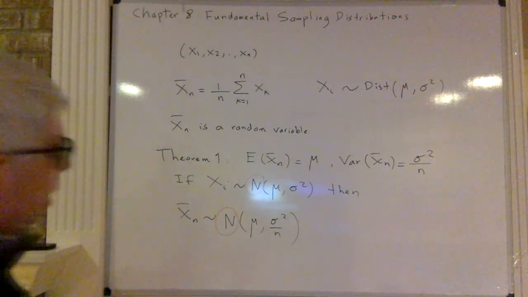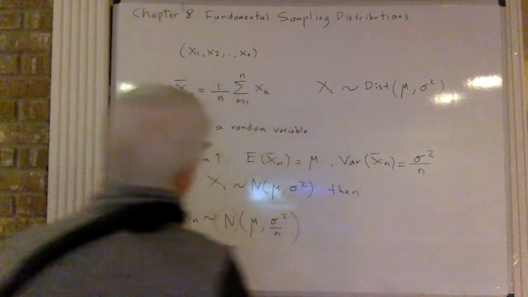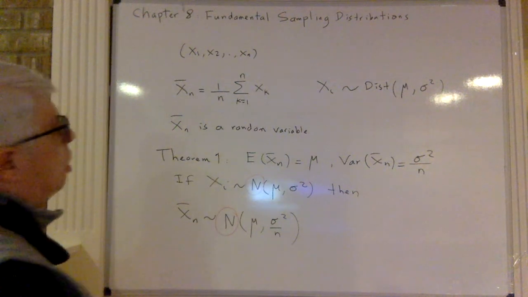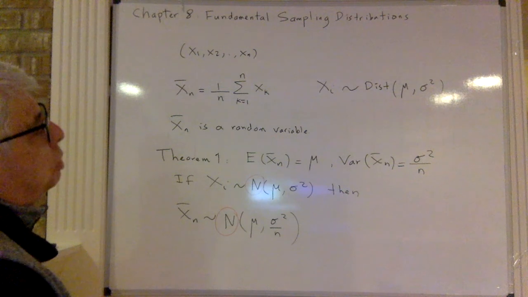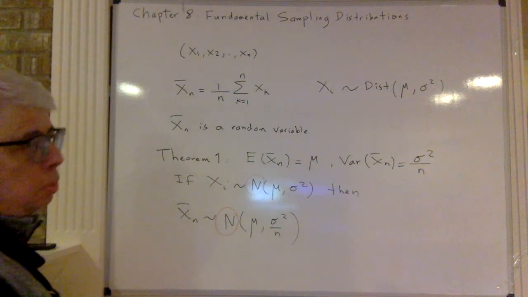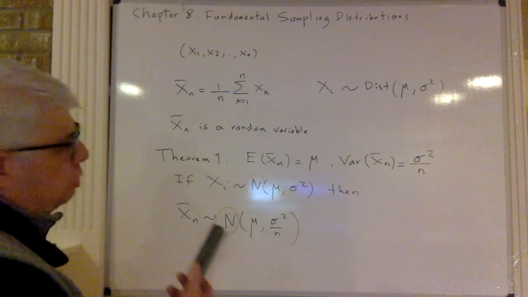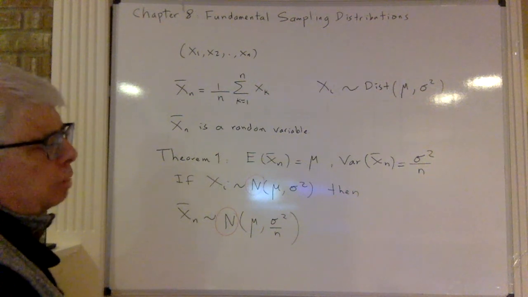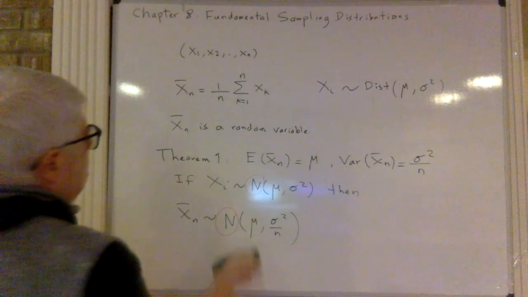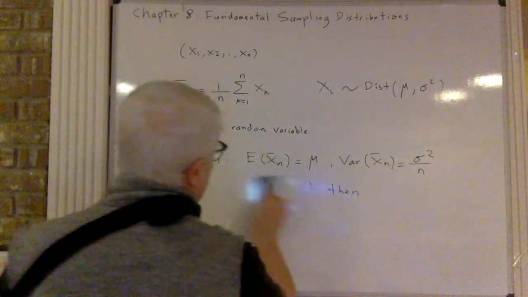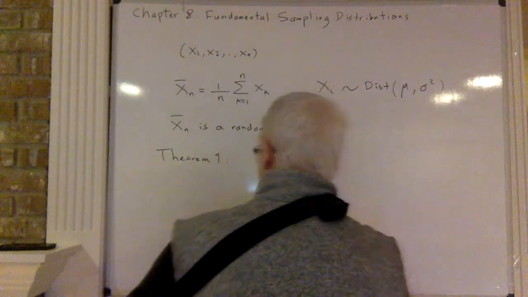So x bar n is this. Now, since we are doing this, let's also find the distribution of this sum. The distribution of the sum is also important, although we might say, okay, it's just divided by n. So yeah, it should be something like this. So we can also find, if I prove that,